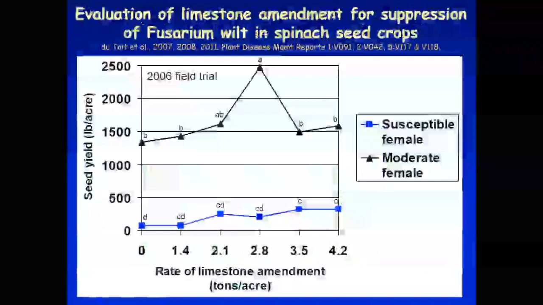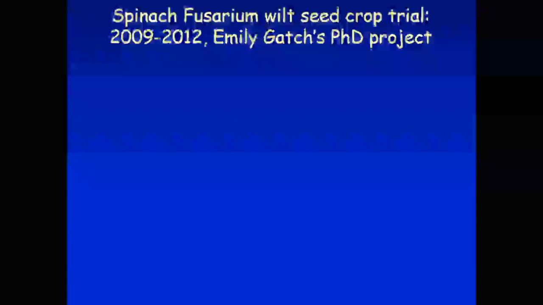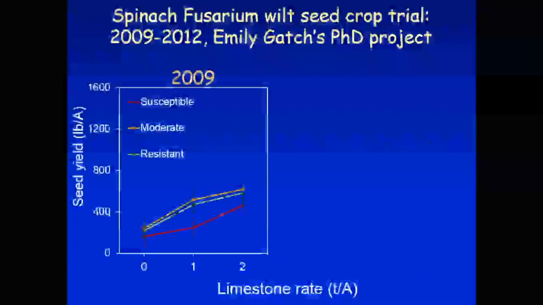And that susceptible female doesn't look like she responded very well, but that was actually equivalent to a 300% increase in yield, because when you're starting so small, it was super susceptible. But it just shows that if you've got that much disease pressure, nothing's going to get rid of that disease. But you can see how the limestone has really looked pretty promising. And we just had a PhD student finish up last year looking at optimizing use of limestone for spinach.